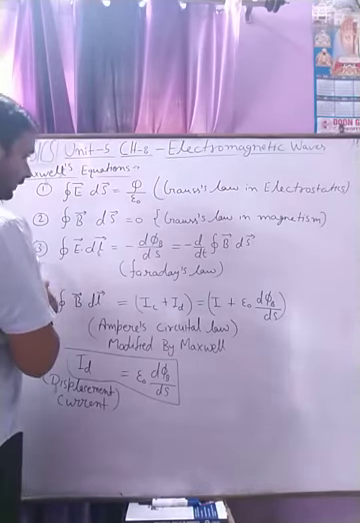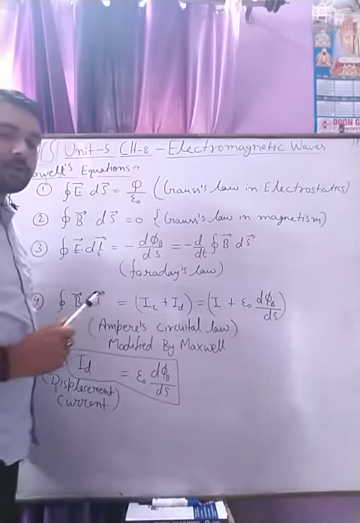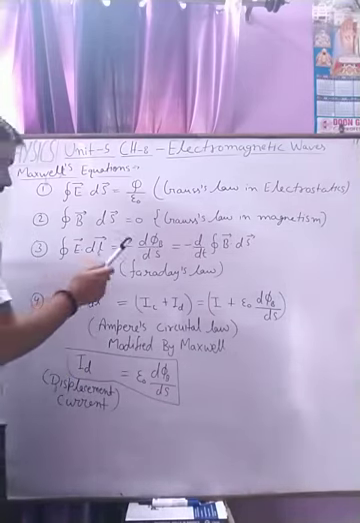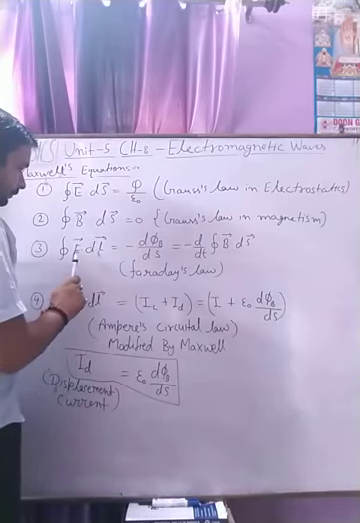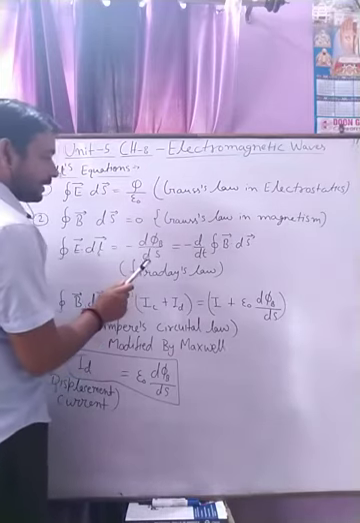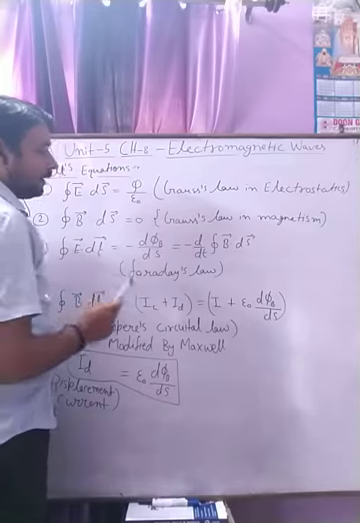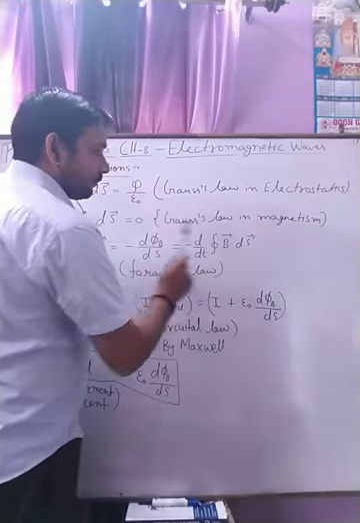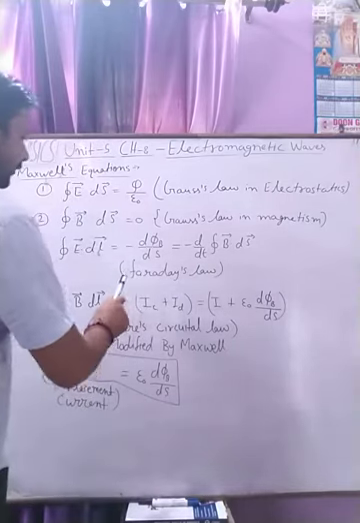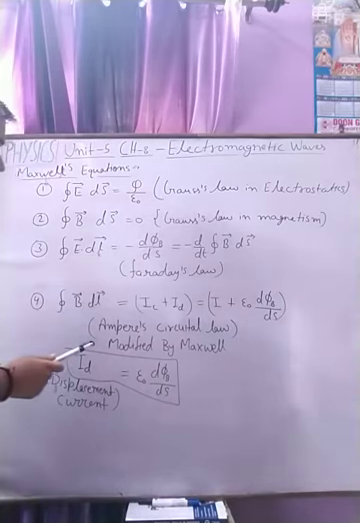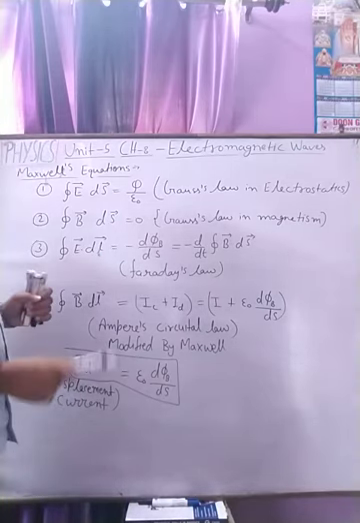Next is the third equation, which was discovered by Faraday. Faraday introduced that the line integral of electric field gives us the value related to the changing magnetic field, and the varying magnetic field also gives us the electric field. This equation is generated by Faraday, and the last equation is given by Ampere for magnetism, which is after